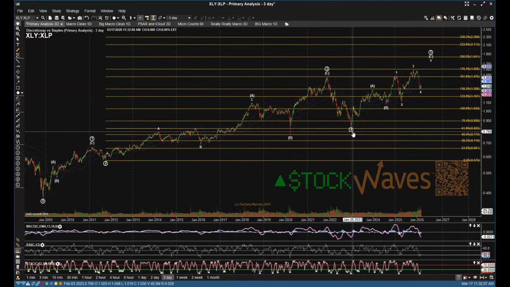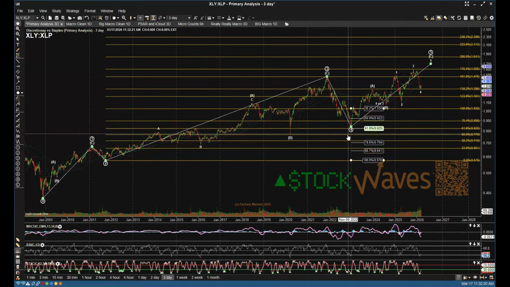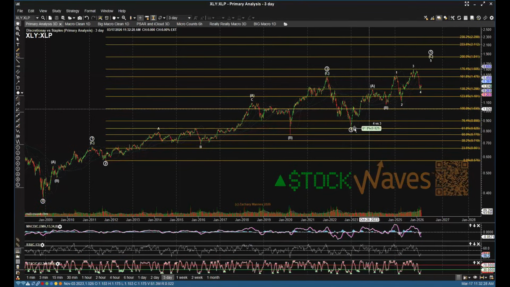So then we have a nice big wave four, which proportionately, at least as far as the diagonal goes, kind of dwarfs this primary degree wave two. But it is fitting proportionately relative to that very extended third, and actually came exactly to a 618 fib retrace, which is pretty typical for the fourth wave of a diagonal. Then we have another ABC up for an A wave, B wave that looks pretty similar on par to what we've gotten in the past as B waves, and then a possible ending diagonal for that intermediate degree C wave,